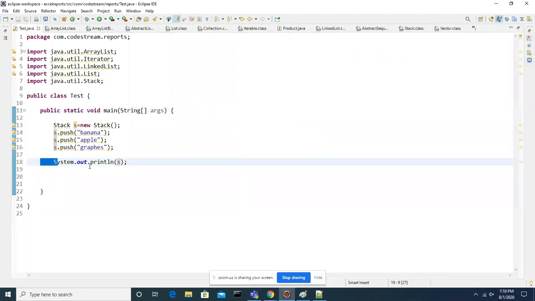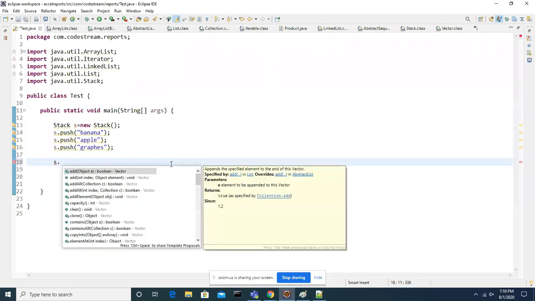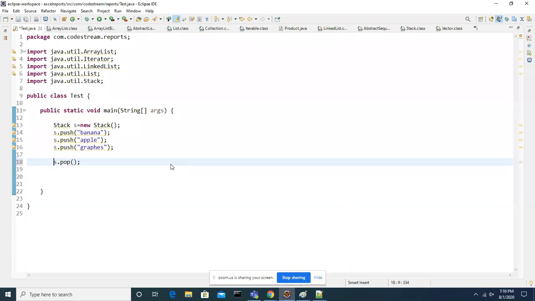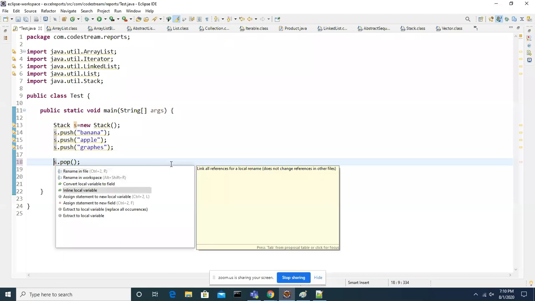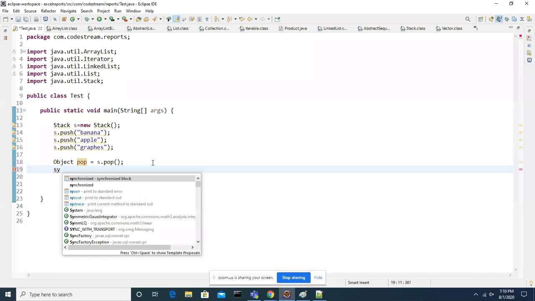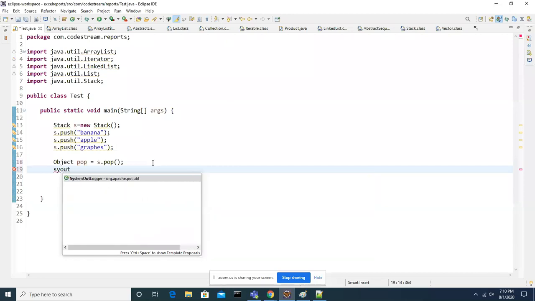Okay. Now to access the elements in last in, first out architecture, there is a pop method. What is this pop method going to help you with? It is going to remove and get the value.